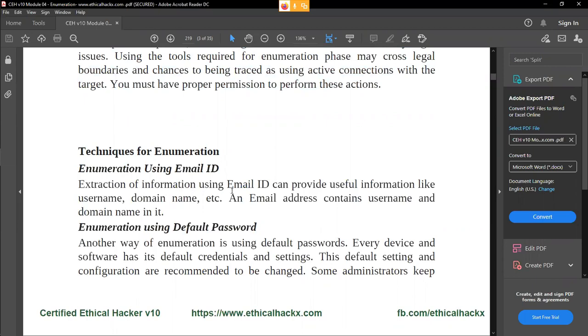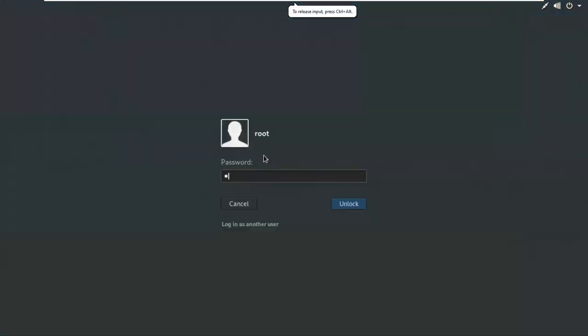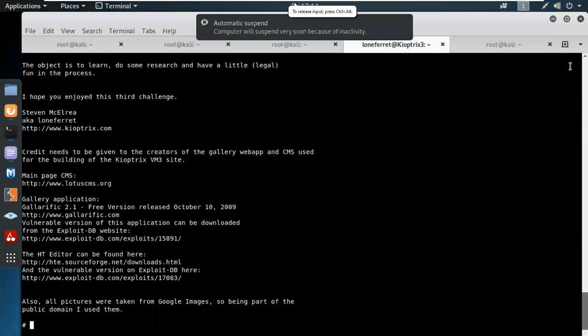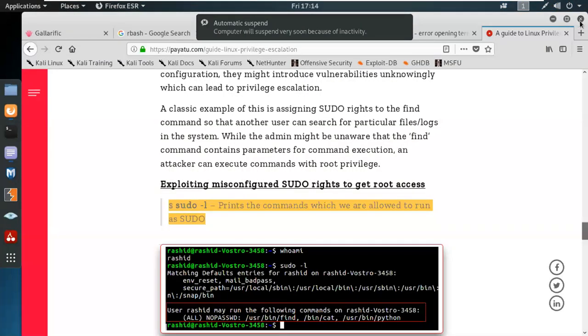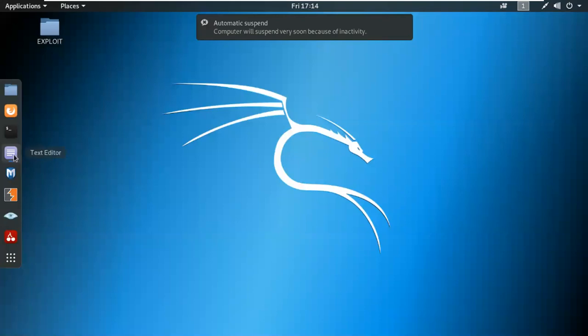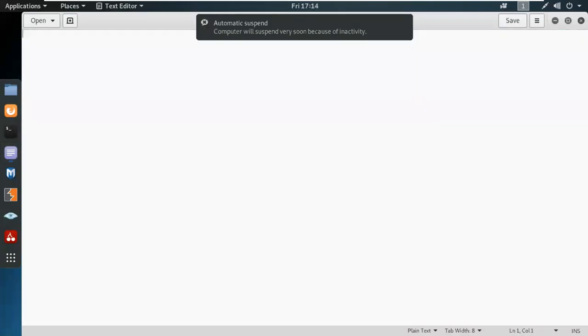Extracting information using email IDs can provide useful information like username, domain name, etc. For example, if we are getting email information for any company's domain name, just like you can say craw.in. So for an email of craw.in, what could be the email address? It could be like, let's take my example, it could be